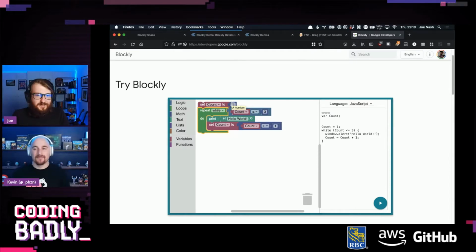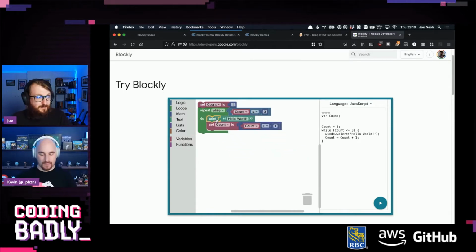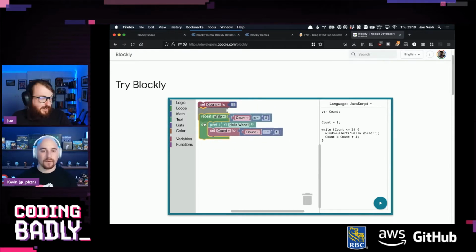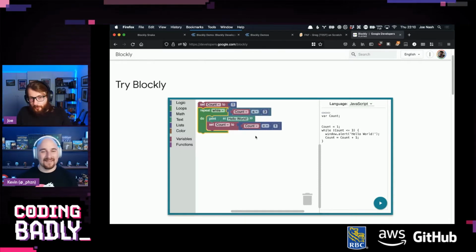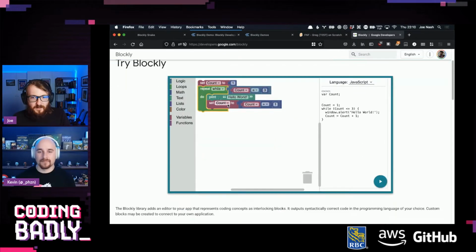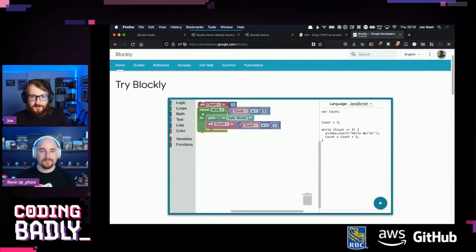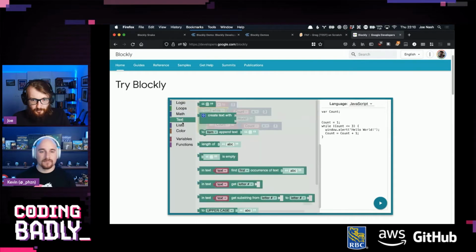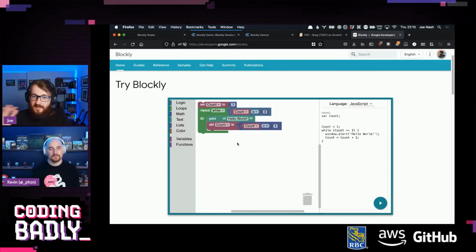Yeah, and what's interesting is this particular family of them, the snappy blocks, the blocks that go inside each other, because there's lots of different ways of doing visual coding. Nodes is really popular, but for some reason for kids, snappy blocks is the way to do it. I guess because it's Lego reminiscent, even down to the little nubbins. So Google, because there's so many of these things, made this toolkit for it. It's got the visuals, and they're highly customizable. By default, it's like they took Scratch and made all the colors ugly. It's got some basic blocks that pre-exist with it, but it's meant to be a developer tool. It's extensible, you can build your own languages with it, it has all kinds of things.